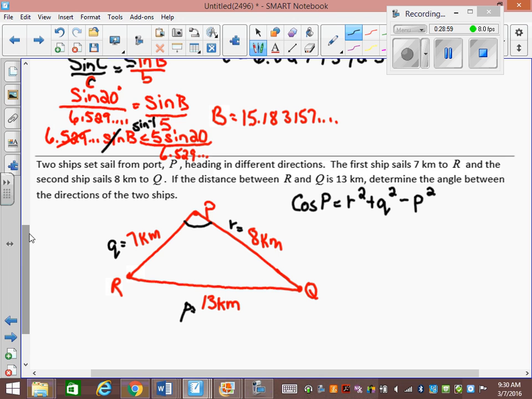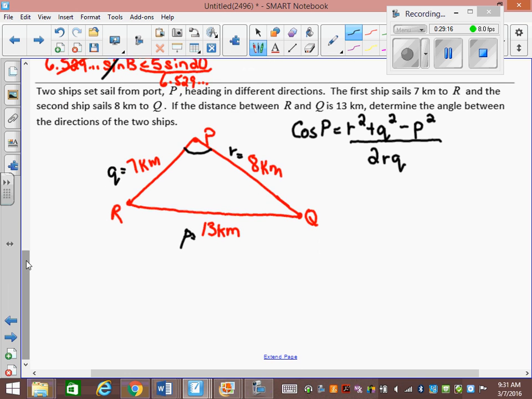Does that make sense? And then over to the 2 sides that don't match, RQ. So P is only going to appear in that subtracting spot. So cos P